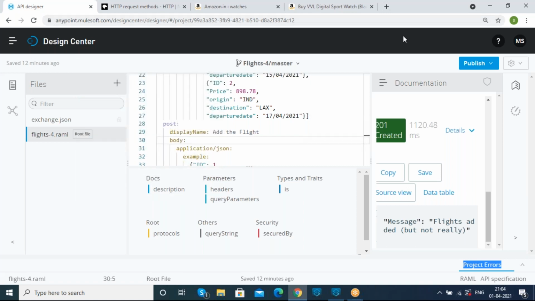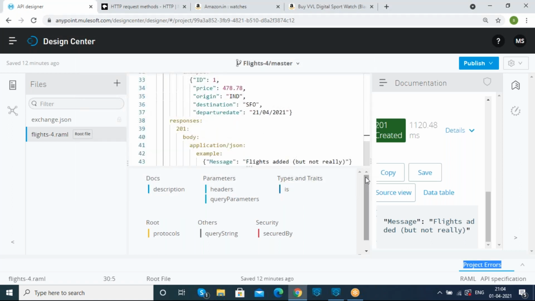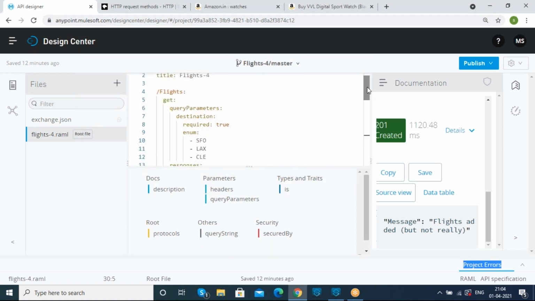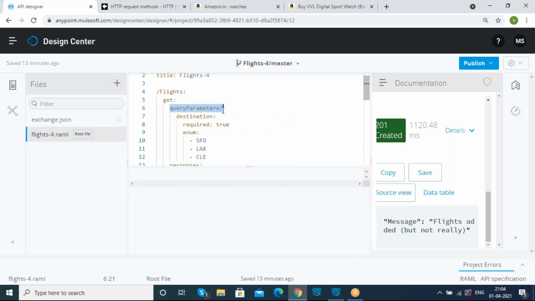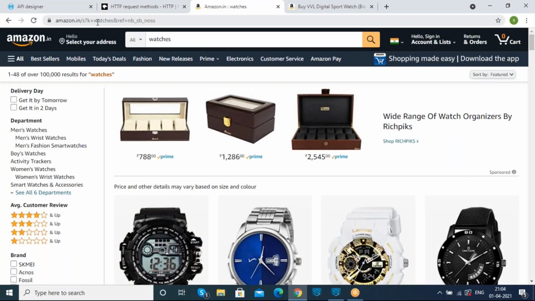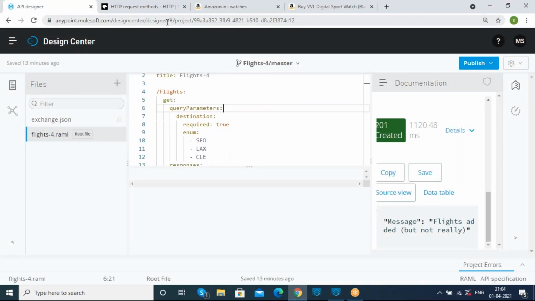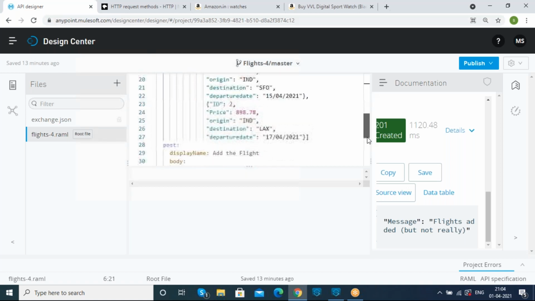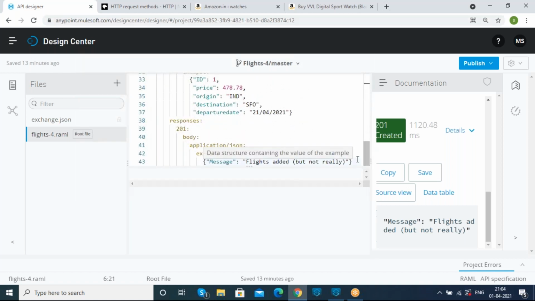Today we are going to design a couple of APIs like the post method. Already we are done with it. We will be designing the get by ID method now. Previously, whatever we had done, we had used the query parameters, that means the question mark symbol, in order to request it according to the given destination parameter, exactly like Amazon. Now I want to use the URI parameter, the slash symbols, exactly like the Anypoint Platform, to retrieve the data by using URI parameters.